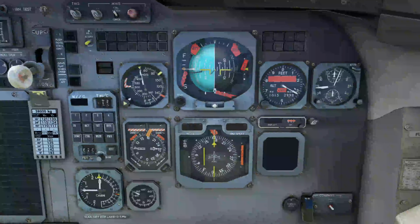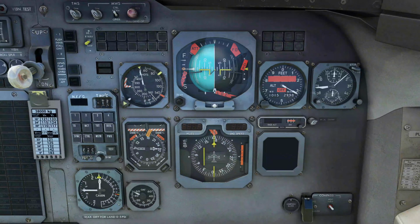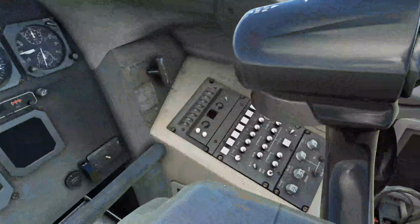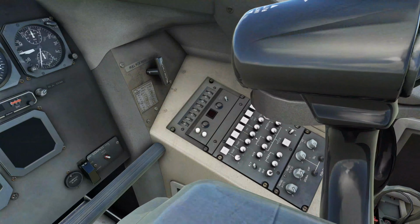We'll come over to the co-pilot side or first officer side. All the flight instruments are duplicated. There's also the MWS control panel, and we have here the TMS, the thrust management system, which we'll get into a little bit more in depth, but this is to help with the engines. We also have pressurization gauges and outside air temperature gauge here that we use just to verify that the aircraft is being pressurized. And then down on his right side, same light controls for his side, radio controls, and then